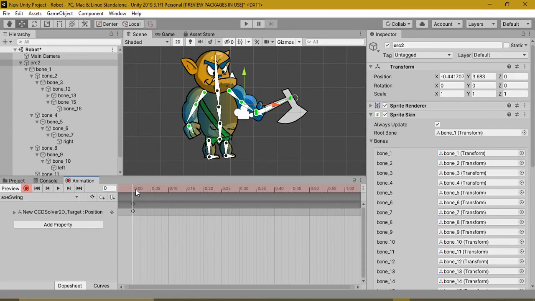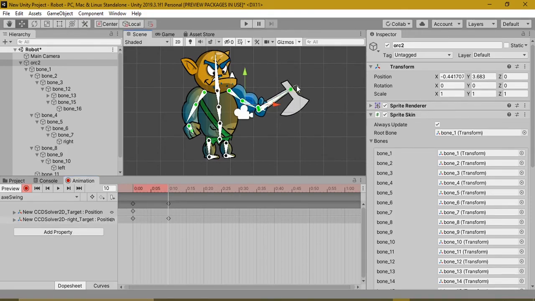This is how you use a timeline in animation. Now in our second frame, I'll move it this much because we will make a smooth animation.